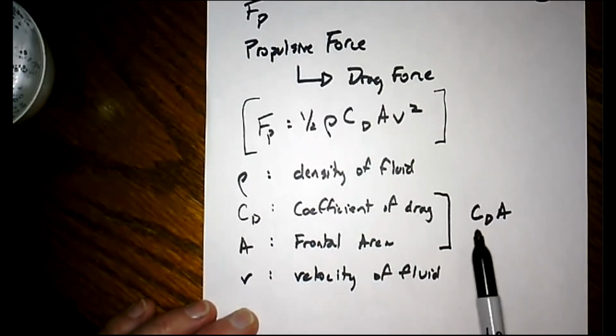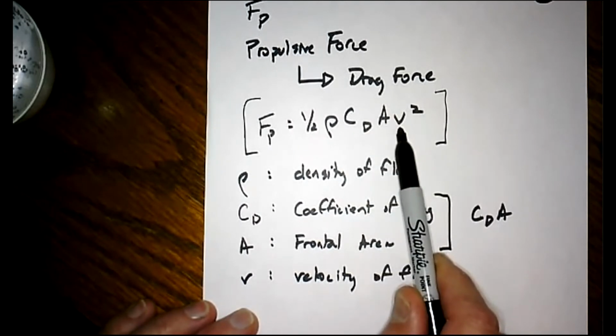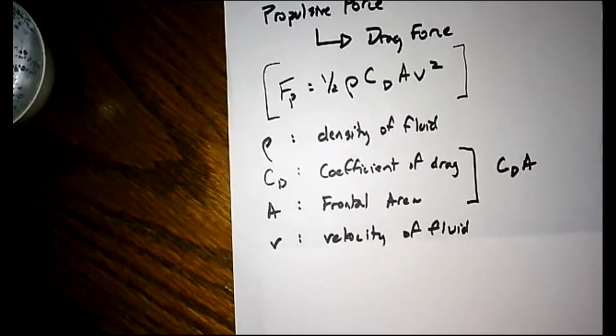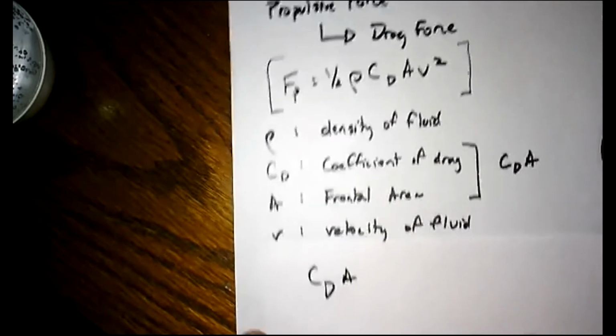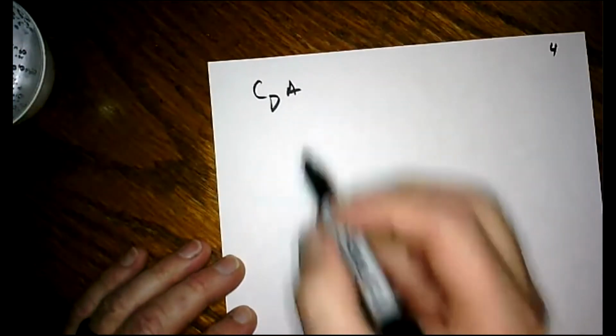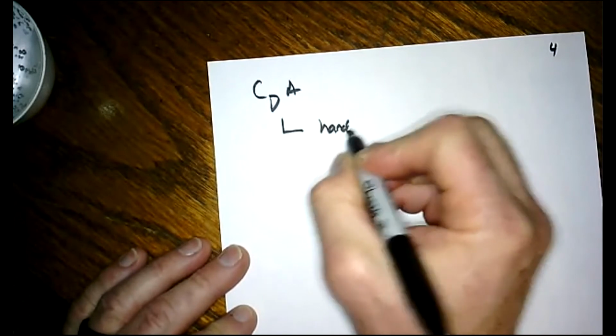CD and A collectively, we may be able to do something with that. And V, velocity of the fluid, is going to be related to how fast we're swimming, but it's also a function of swim technique, right? So let's tease this out a little bit more. How do we influence CDA during swimming? All right. Well, I'm just going to start listing some factors here. It could be hand position